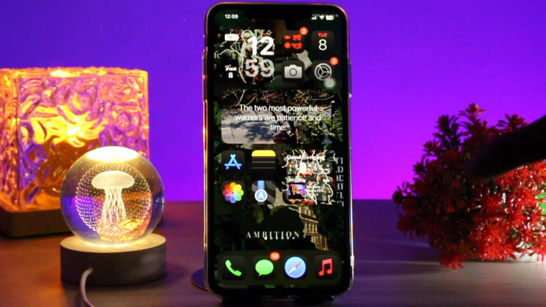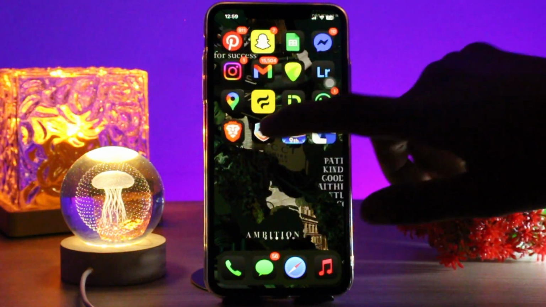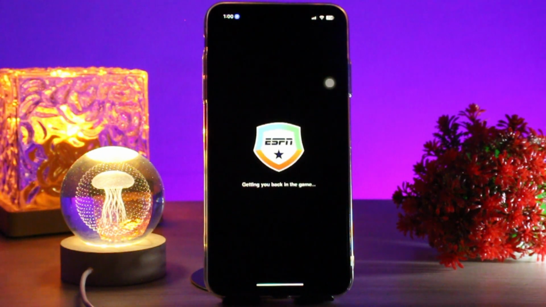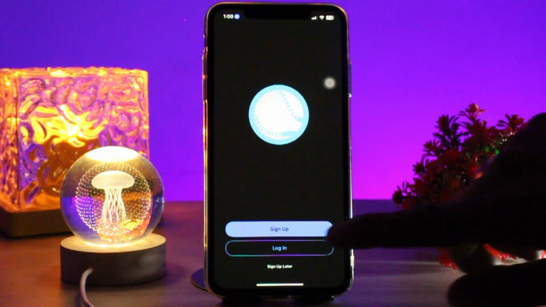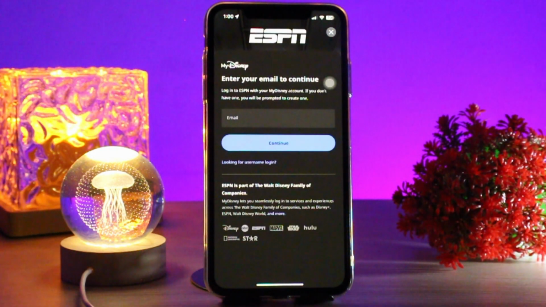What you need to do first is head over and open up your ESPN Fantasy app. Then once you're inside, tap on login on the bottom of the options, then simply enter your credentials and log into the app. Then once logged into your account, tap on your Fantasy Football League,